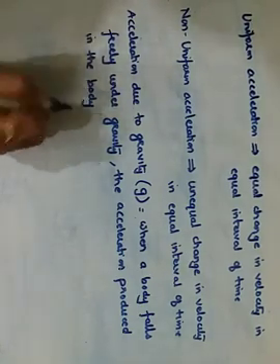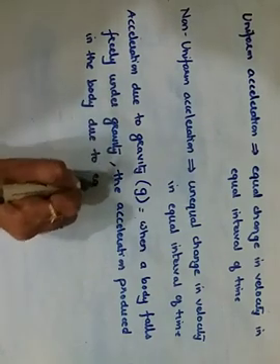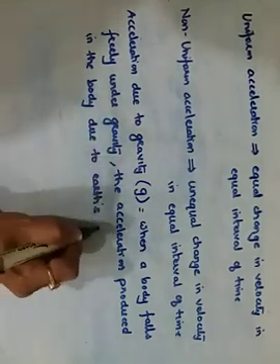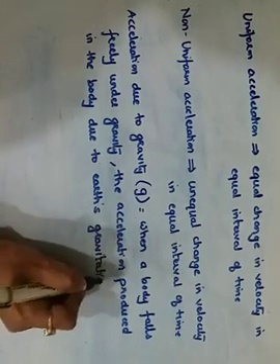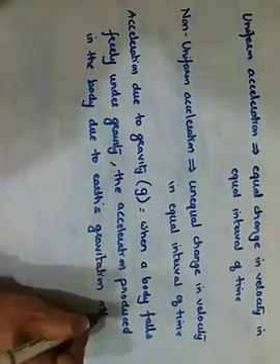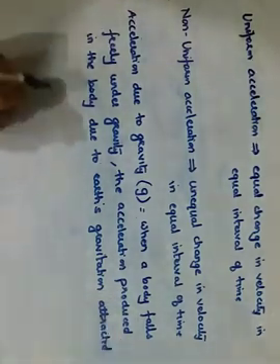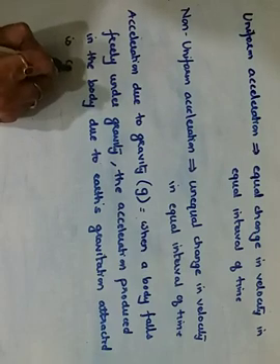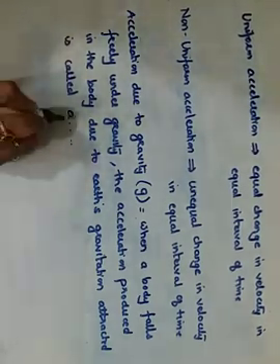Why is the acceleration produced in the body? It is due to the Earth's gravitational attraction, because everything is attracted towards the center of the Earth. The acceleration produced by this attraction is called the acceleration due to gravity. Getting it?